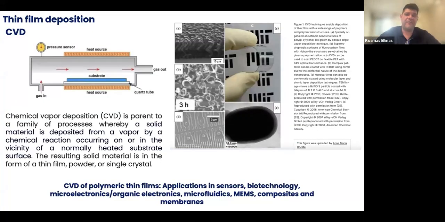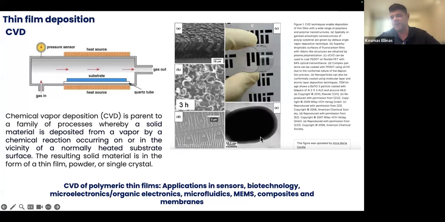Except from the evaporative techniques, we also have CVD, chemical vapor deposition, in which a solid material is deposited from a vapor. So we have a gas going inside a chamber. Here we have the substrate. We heat it in order to accelerate the deposition rate. And we can form a solid material on the surface of our substrate in the form of the thin film,